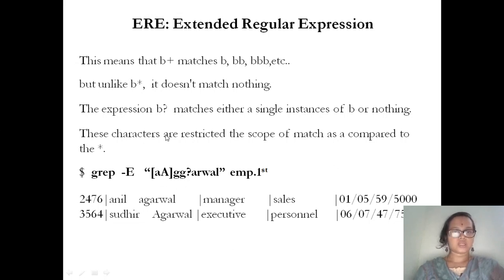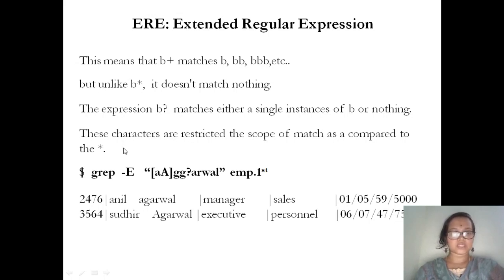So these characters restrict the scope of the match as compared to the star symbol. See, with the star we used to go for the unknown; anything can be there. But here, by using the plus, we have restricted it to not matching nothing. By using the question mark, we have restricted the number of occurrences. So using this extended set, you can have different regular expressions in order to match your